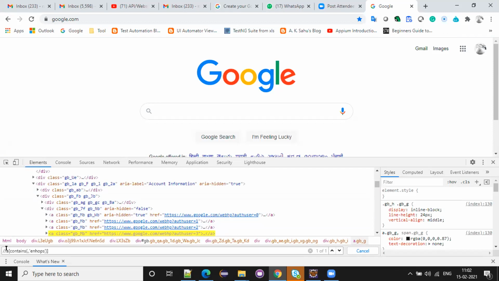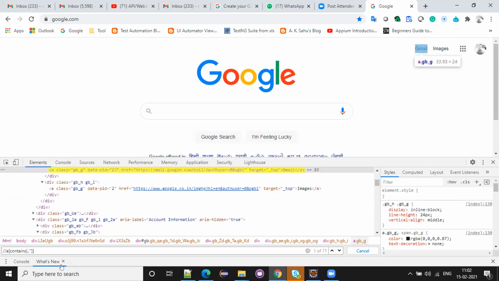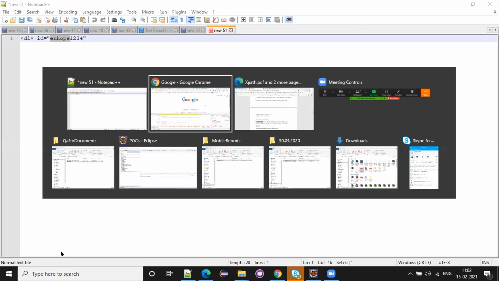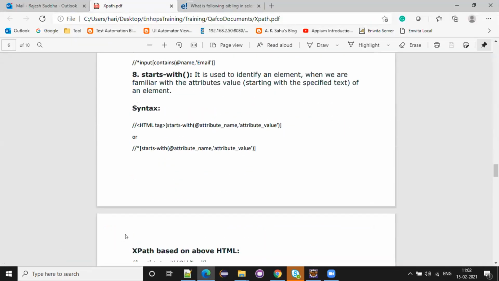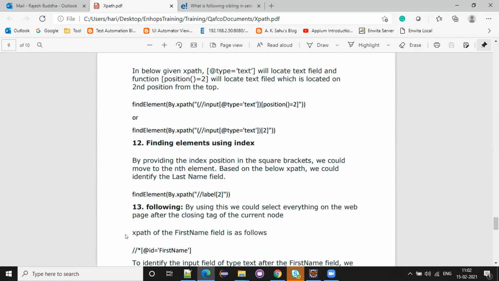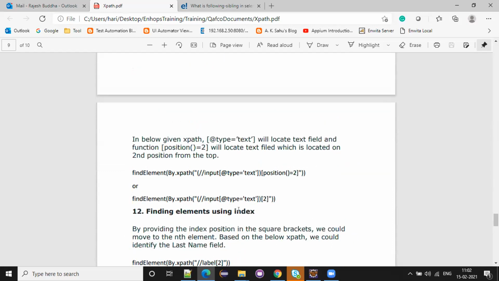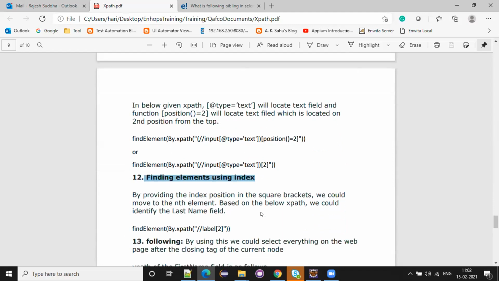Give the tag name, contains, and Gmail. But here we are facing the problem again. It is showing two Gmails, right? How can we fix it? So come here, there is one more thing: finding element using index.